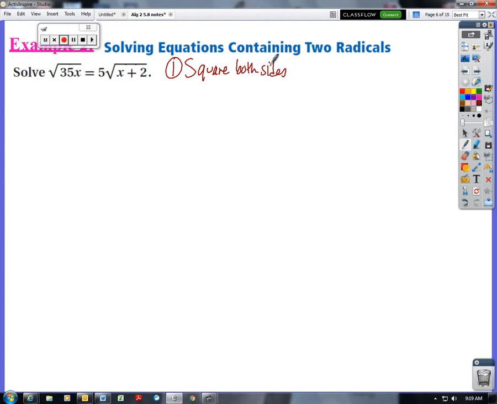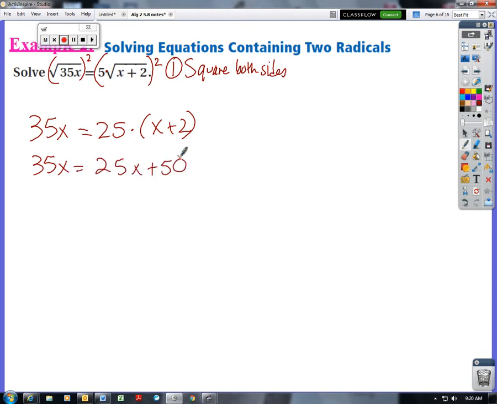Because what you do to one side, you have to do to the other. So this side will get squared. The entire side gets squared, everything. So squaring undoes the square root. I have 35x equals, when I square this, I'm squaring each of these individually because you have a product of 5 times the square root. So you're going to square the 5, and then you're going to square the square root, which gets rid of it. So you have x plus 2 left. You have to put that x plus 2 in parentheses because that whole thing is being multiplied by that 25. That means on the next step, I need to distribute my 25,